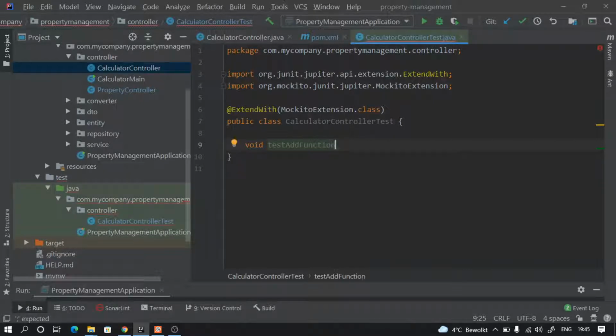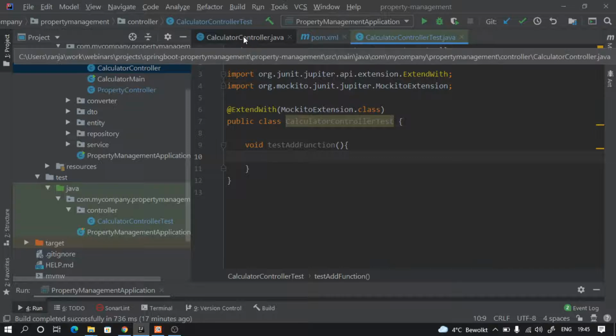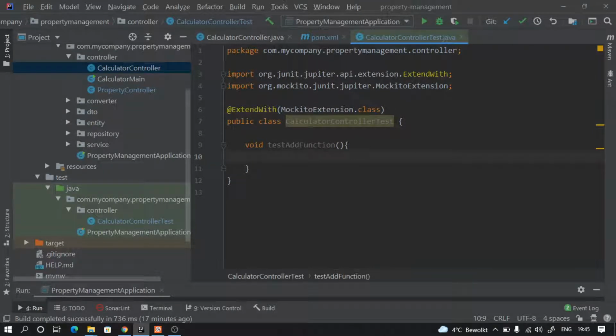All right. Now we also want to make a call to that function, or call this calculator class here so that we can call its method. So for that we do it like this: